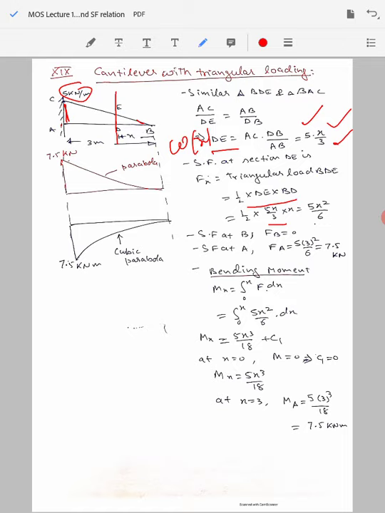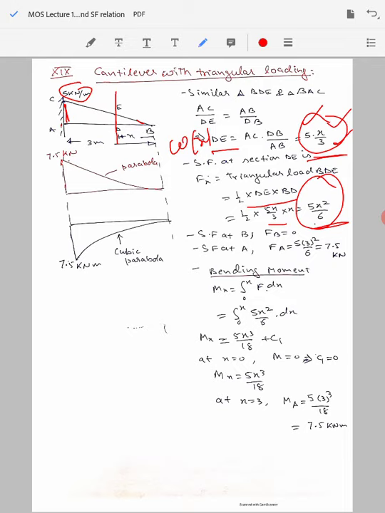But you can also obtain it by using our equation 3 that we have derived, that shear force is equal to the integration from 0 to x of w dx. If you integrate this 5x by 3, it is going to give you the same value, 5x square by 6, plus some constant of integration, which will be 0 in this case at the edge x equal to 0. So you will get shear force equal to 5x square by 6. So this is your equation of loading, and if you integrate it you will get the shear force also.